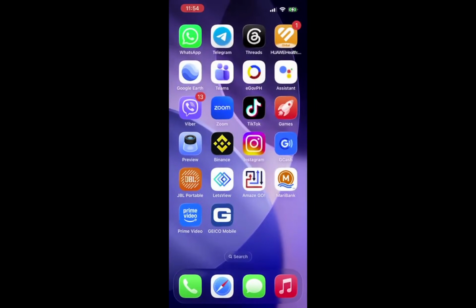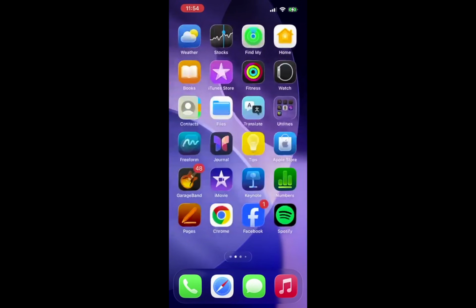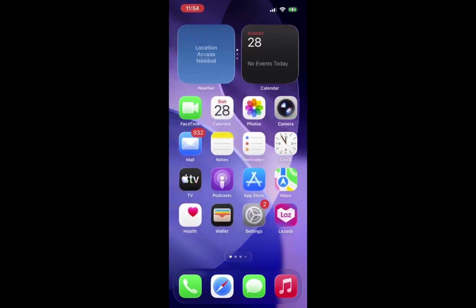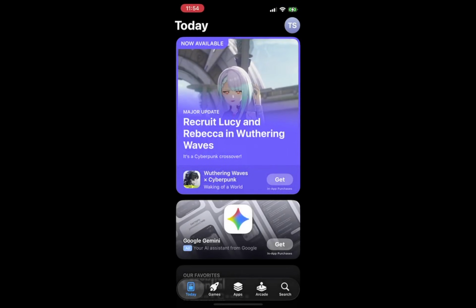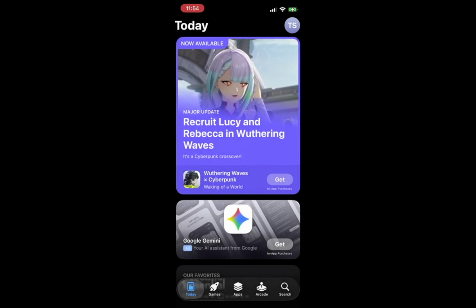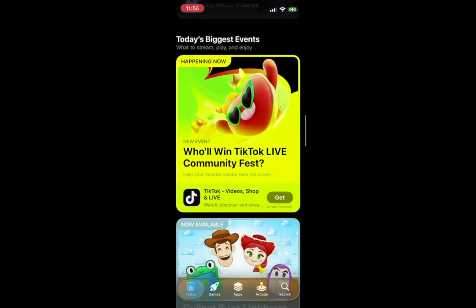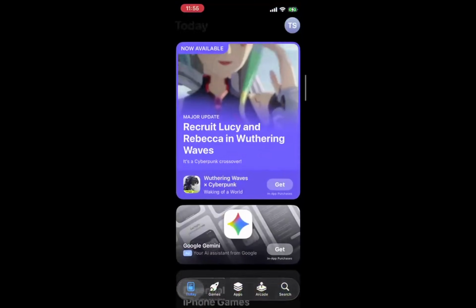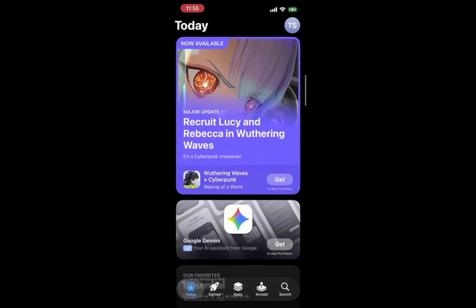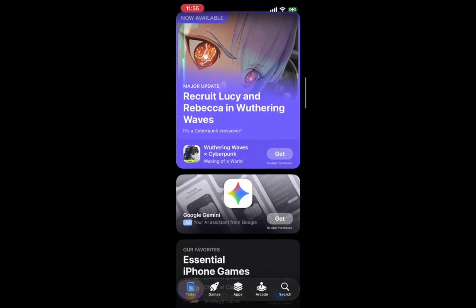First, open your App Store. If you're using an Android device, locate the Google Play Store icon on your home screen or in your app drawer. Simply tap it to open. For iPhone or iPad users, look for the App Store icon, which is usually found on your home screen. Tapping on it will bring you to the App Store interface. This step is crucial because both app stores are the gateways to downloading Aura. You need access to either the Google Play Store or the App Store to proceed.